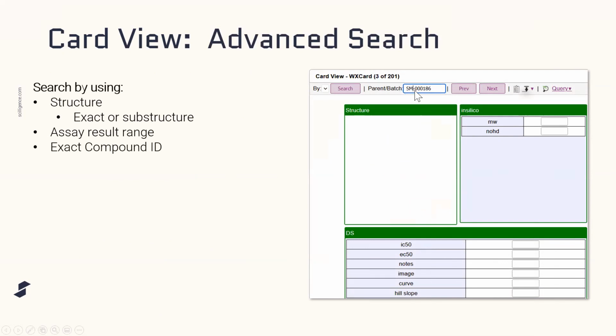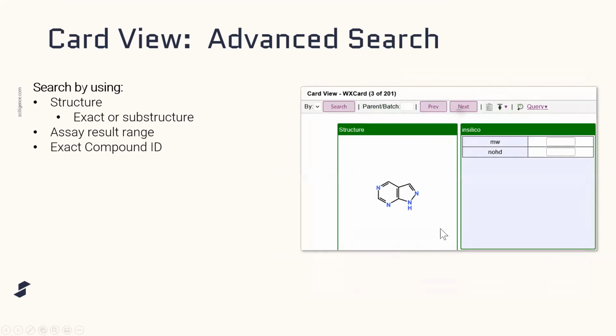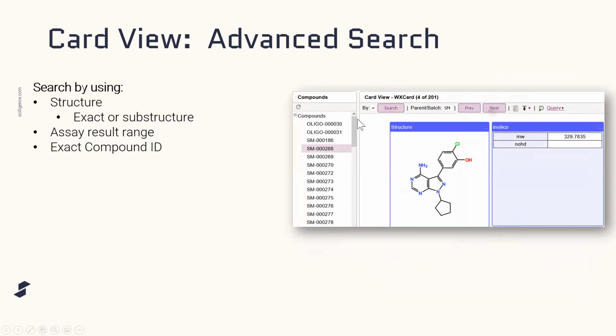If you have a favorite compound that you're tracking for your project and you want to see what other assays it's been tested on, or maybe there's PK data associated with perhaps some toxicity data that you want to implement there, you simply type in that compound ID or regmol ID if you have regmol, and it'll immediately take you to that. In this example here, I show a specific substructure scaffold where I'll search for it, and it brings up 201 compounds that have this scaffold